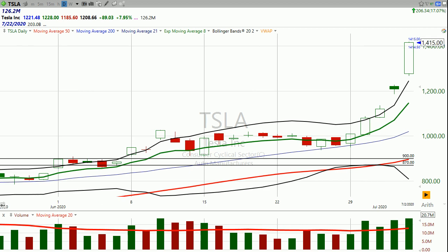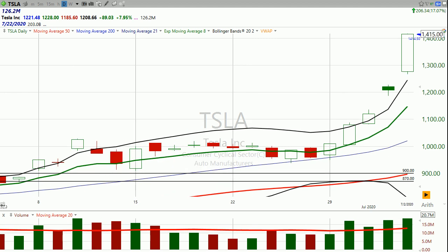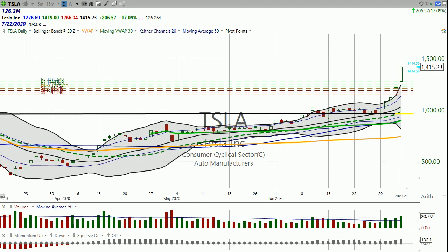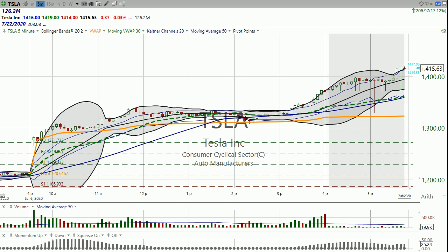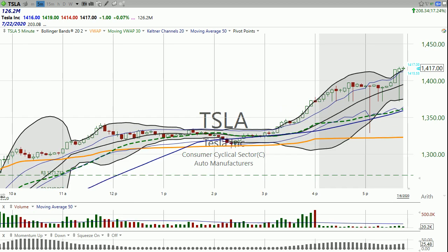Now, I had actually closed out my entire position today a couple different times because then I saw the stock keep going higher. We can look at this on a VWAP pivot point deal. I mean, this was the top pivot point, 1271. All right, well, this thing got above that at the open and then stayed above the third level of resistance and never really looked back. So there were a couple times when I'm thinking, all right, that's it for that. So I kept raising stops. Early on, I kept raising stops, staggering them out, and never really got stopped out. And then I got stopped out of one. And then right around the noon hour, somewhere in here, I said,